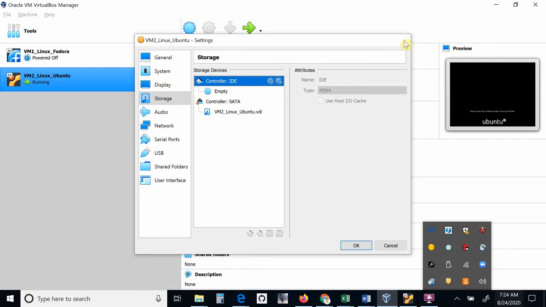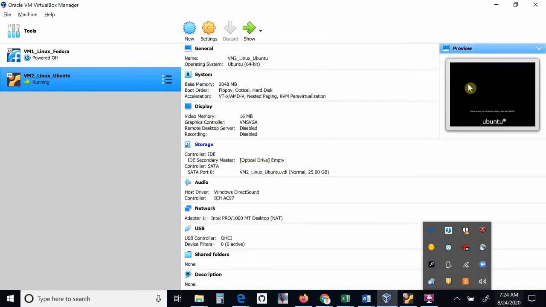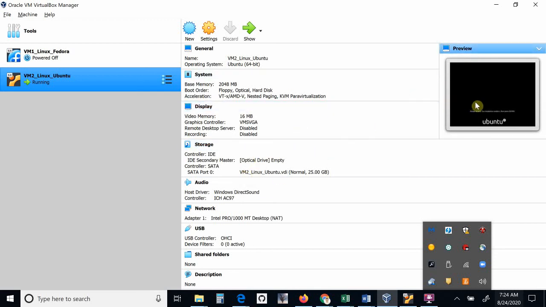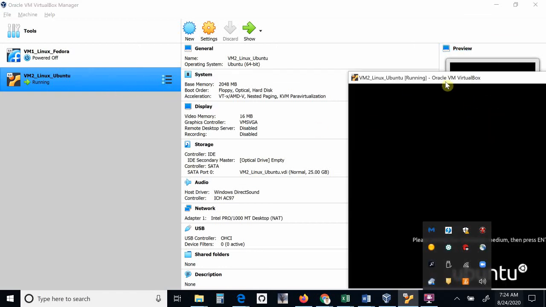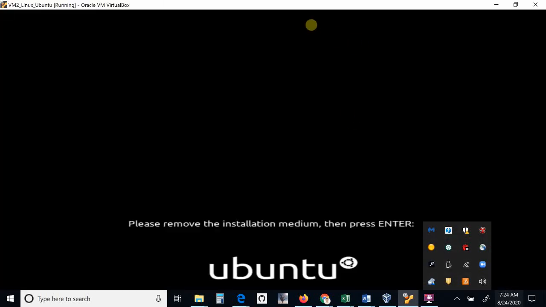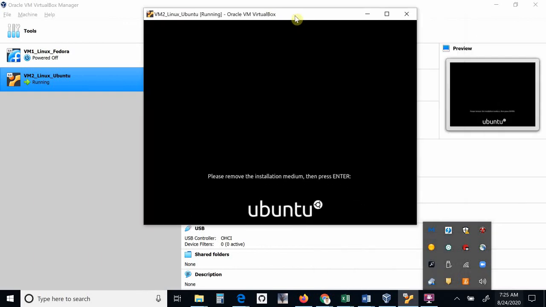Okay, so that's why, actually it's already removed. So this operating system, Ubuntu, it looks like it removed it. So in this case, I can hit just enter,